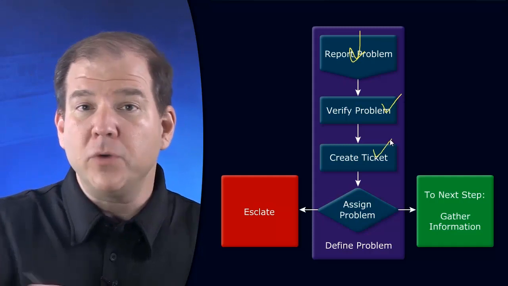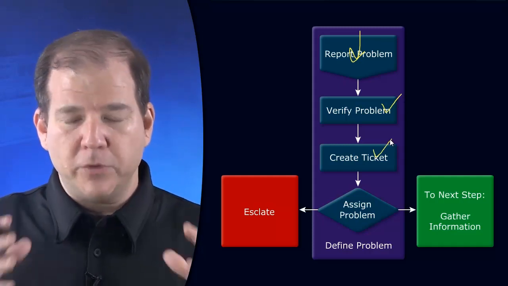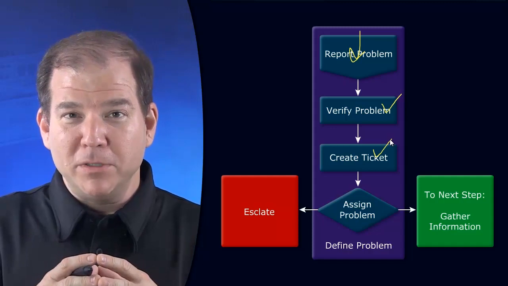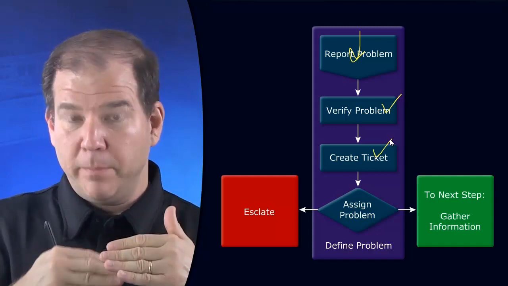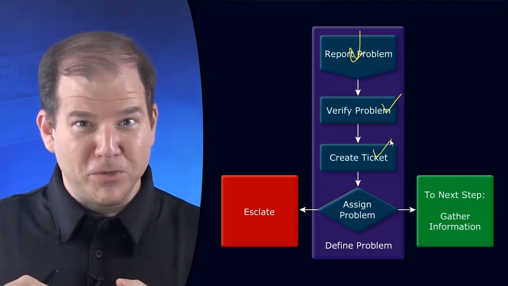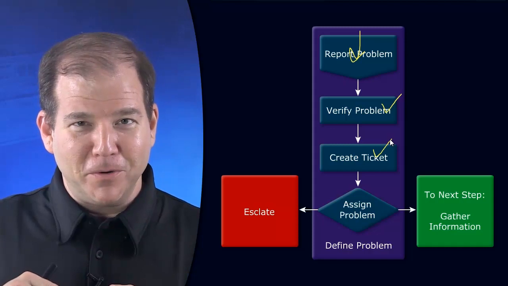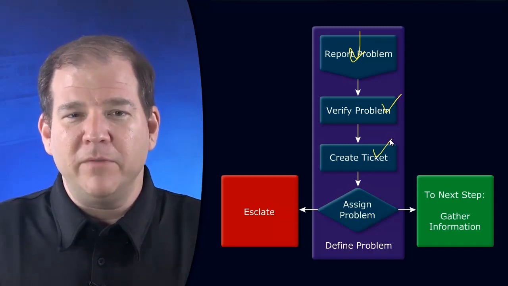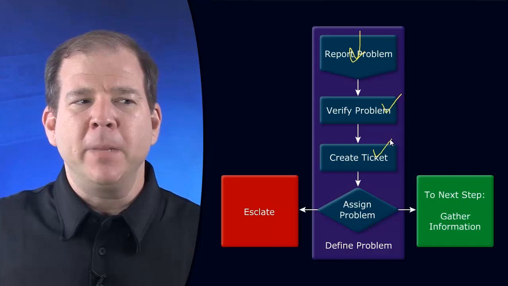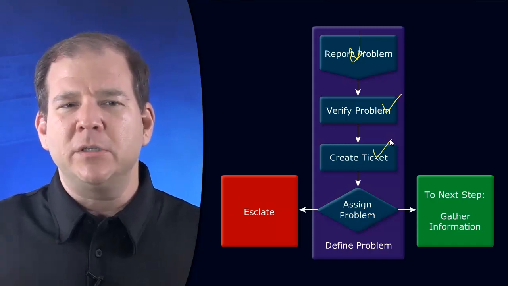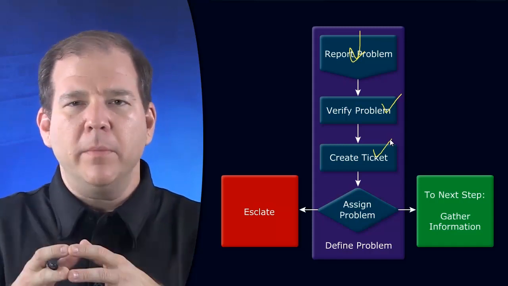And then we're going to open a trouble ticket. If that's the kind of system we use, we open a trouble ticket. And by opening a trouble ticket, that means that there's some accountability. We're going to be able to close the trouble ticket eventually once the end user agrees that the problem has been resolved. And when we look at this ticket, in larger organizations, there are different departments that take care of